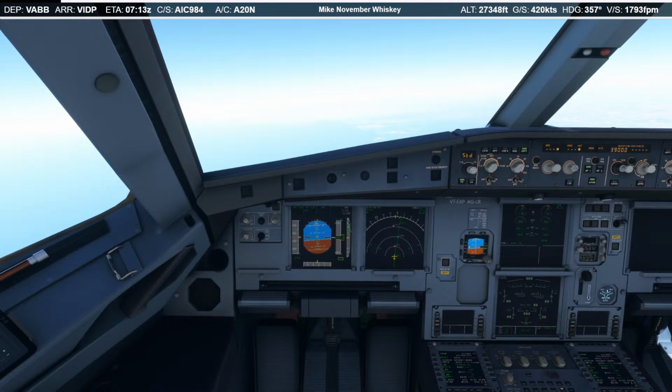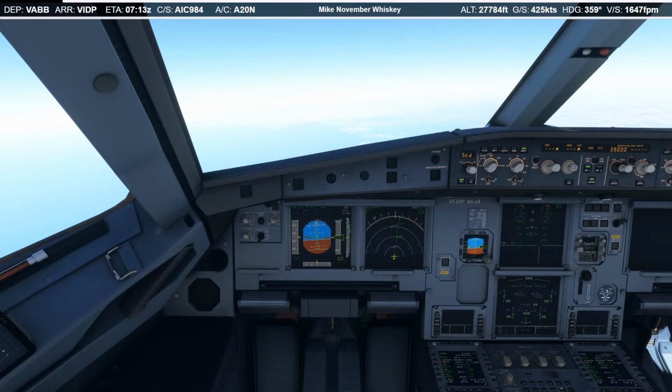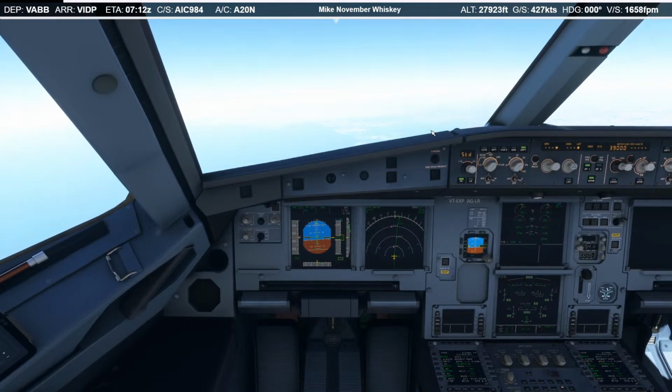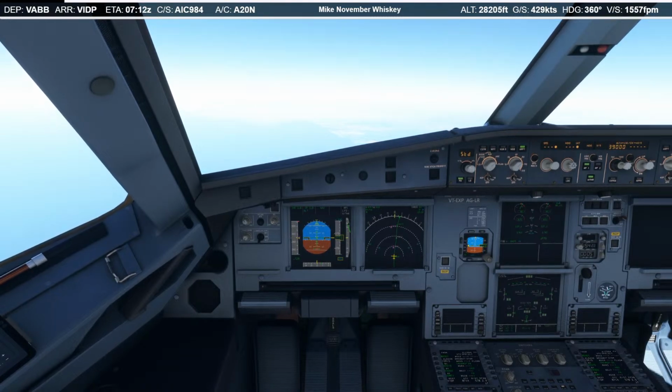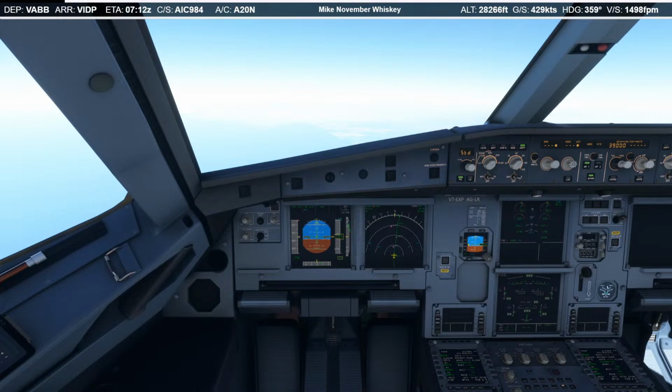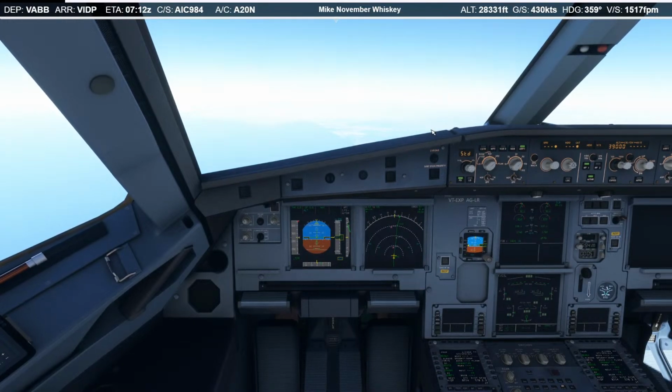Right, we're approaching Isris, which will be the end of our SID and the start of our filed flight plan. Is that a little turbulence?